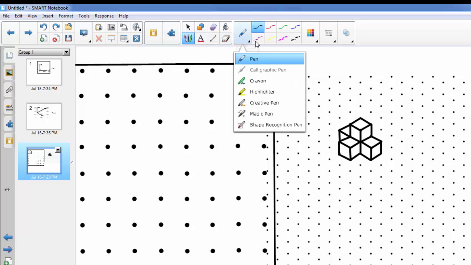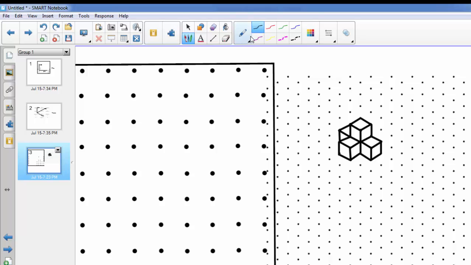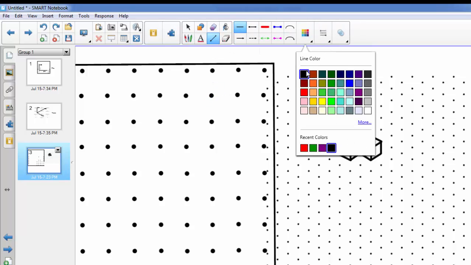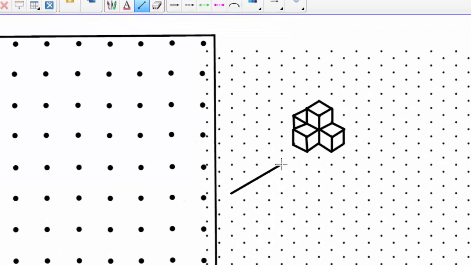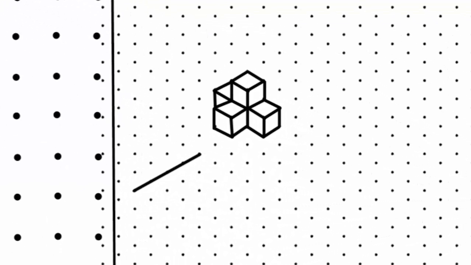I'm going to write with the pen, with a nice line. I will show you. If with your eye you are looking in this direction, we call that the front view. So this is the front view. So I'm going to make an arrow. If we are looking this way, we call that front